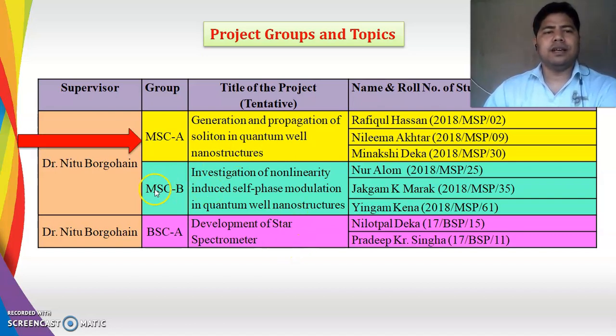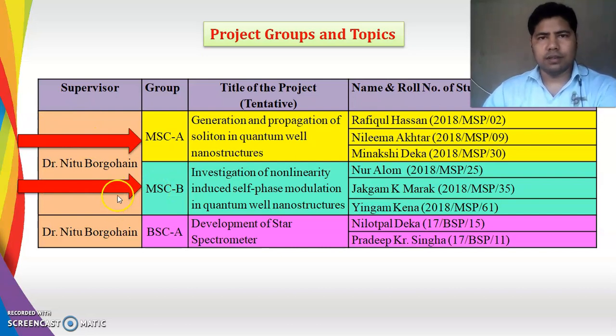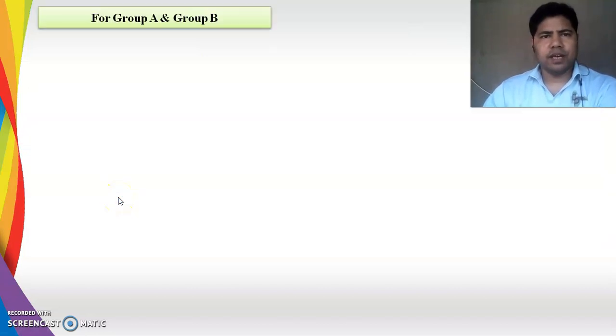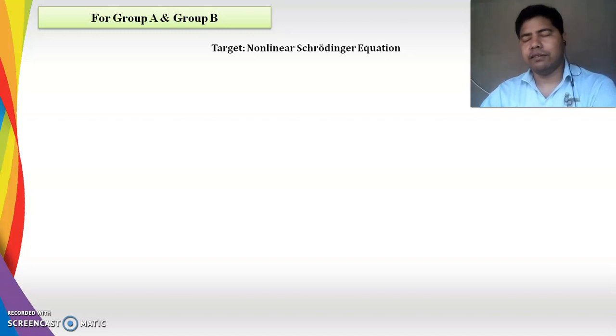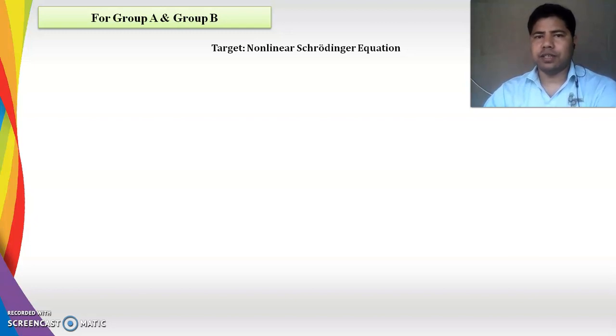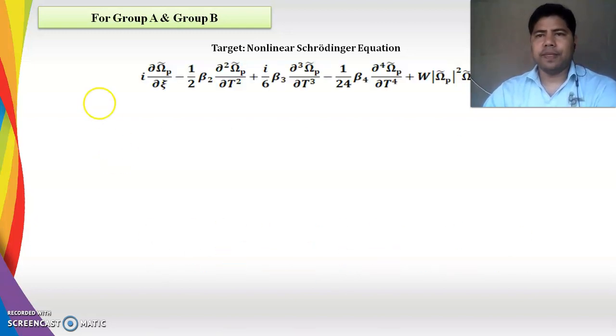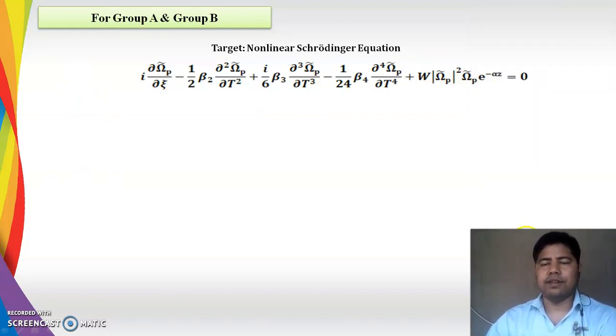Here we are going to discuss these two projects, for Group A and Group B. Their target is the nonlinear Schrodinger equation. From our calculation we have already reached the nonlinear Schrodinger equation. It is of this kind. Let me take this screen myself here. So